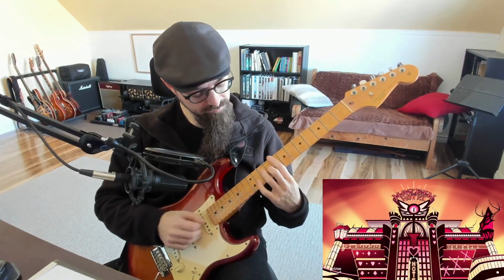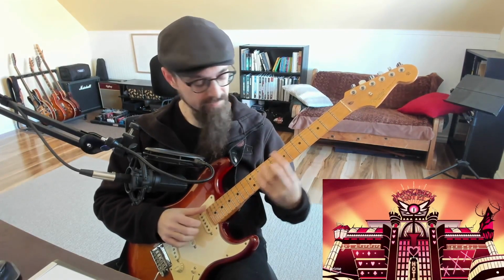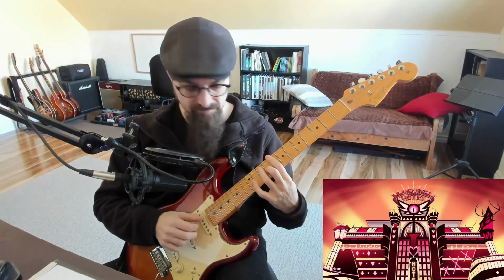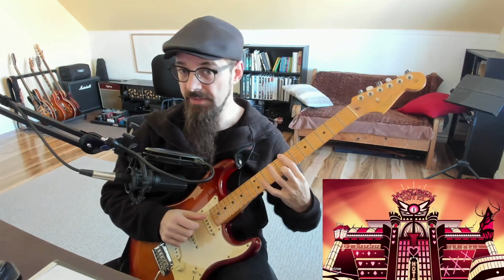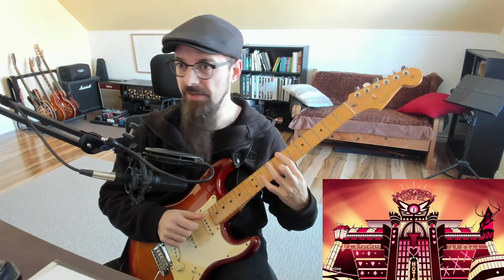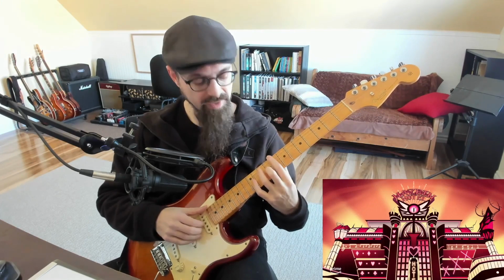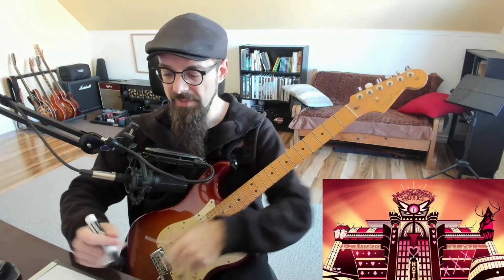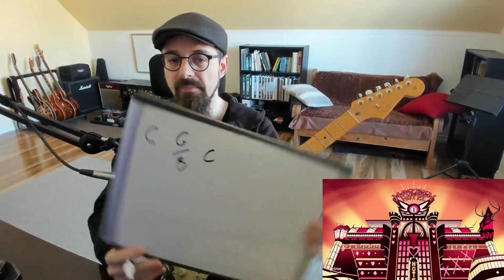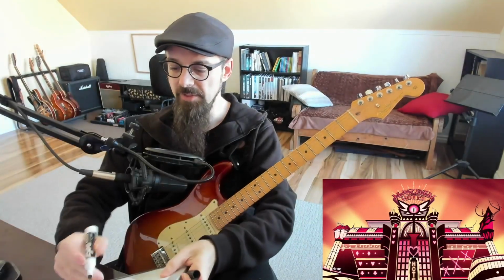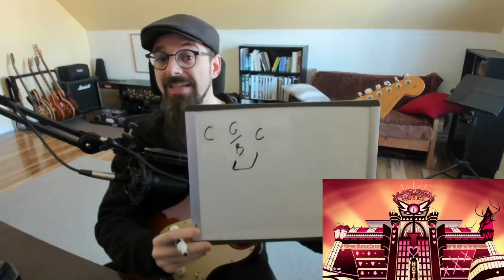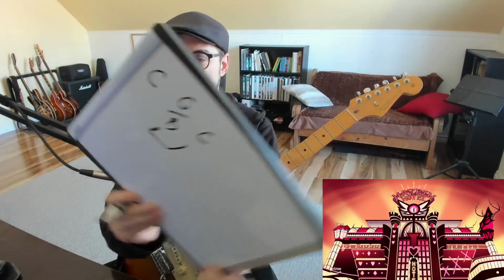But now, the important point is that we land on this C. And then we have this little G over B, just like we had in the first song. And C again. So the beginning is that we come from the C chord, just like the first song, we move temporarily on G over B and then C. Remember the weak cadence we're giving people. So just like in the first song, exactly like in the first song,